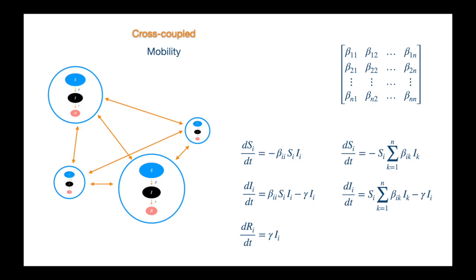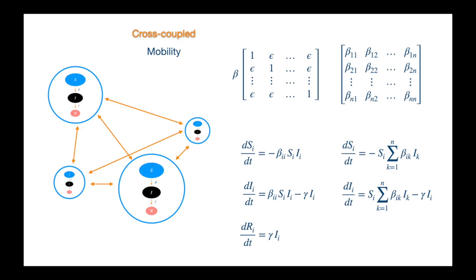At the extreme, one can say that transmissions only happen between neighboring regions, and hence the matrix will then have a lot of zeros and thus fewer parameters to worry about. As another alternative, one can say beta within each region is the same, and the beta between regions is just a fixed fraction of this beta, which we represent by epsilon. So the matrix reduces to two parameters, beta and epsilon. So a number of alternatives are possible, but one has to make sure that the choice makes sense for the